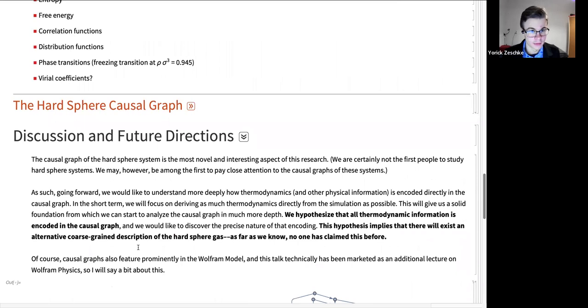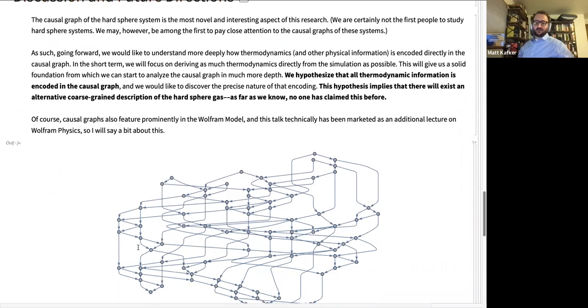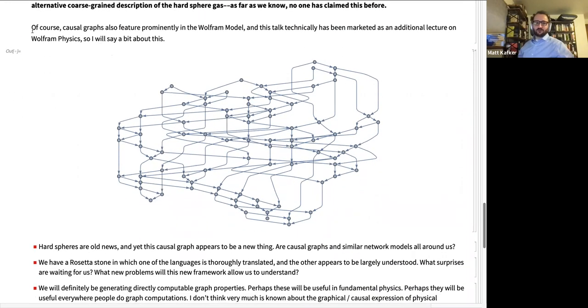So basically what I mean is you just go down the list of the things that you typically encounter in your stat mech and thermo classes, and one by one you learn how to measure those from microscopic Newtonian information, which is harder than I thought it was going to be, but that's neither here nor there. And then once you have it pinned down very precisely, you go to the graph and you find it there as well. And the plus side, so this is getting me to the conclusion here, and we can also talk a little bit more generally about the Wolfram model.